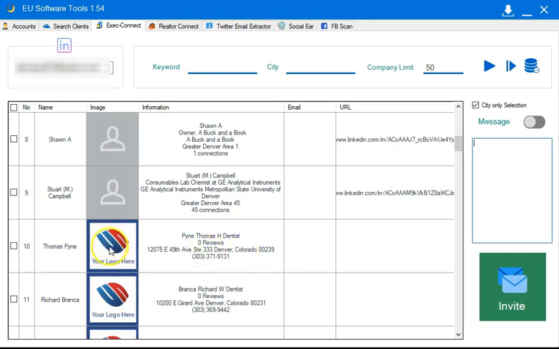So here on the Chamber of Commerce, for this dentist office, we have Thomas Payne and the phone number there. So you would know who to call, and you could ask for them directly, ask for them by name. So this is the whole idea of Exec Connect, is to find the executives and or owners of a company,